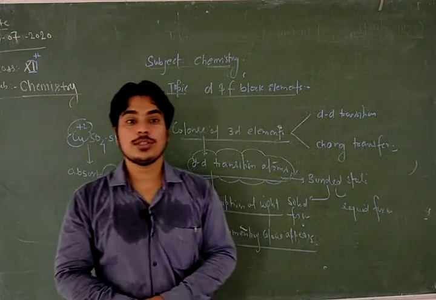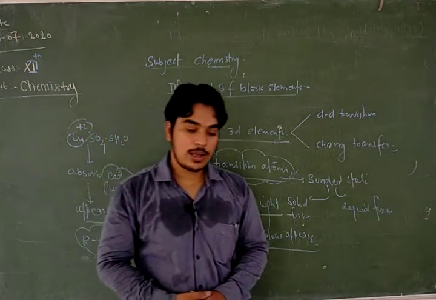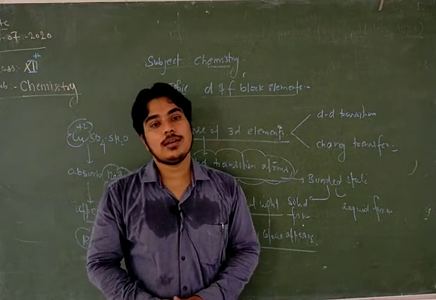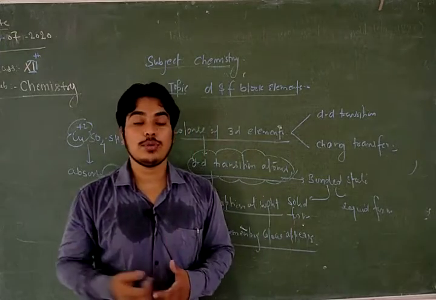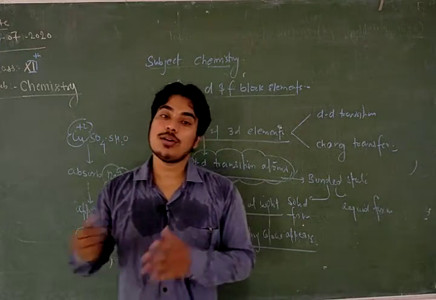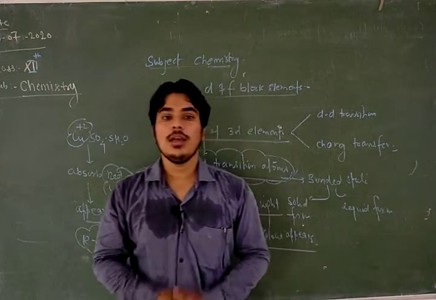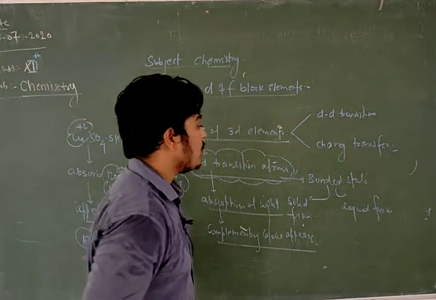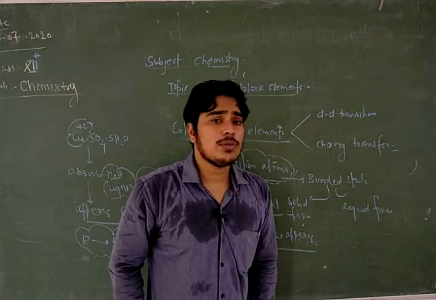See you in the next lecture with another physical property. I think there is only one physical property remaining, and that is the oxidizing and reducing potentials of these 3D elements. So this chapter will be over. And an important notice is that there are some D block compounds.